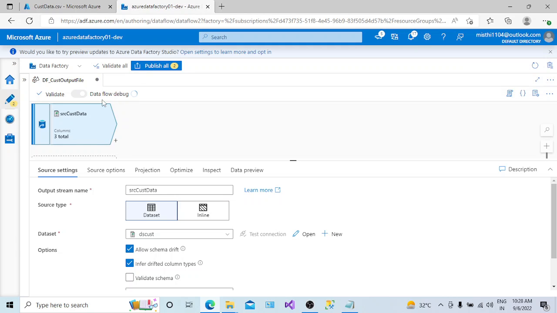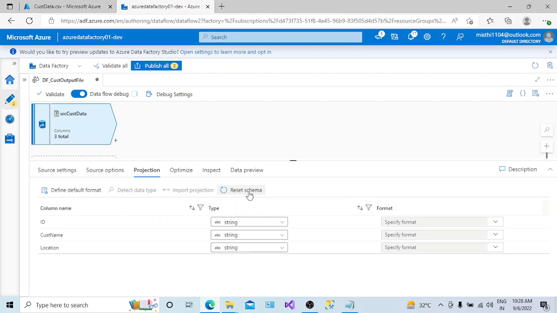It will take some seconds to turn it on. Once the data flow debug is on, you will be able to see all the options. You can reset the schema and do all those things. So see here, the cluster is ready, and there is one session ID generated behind